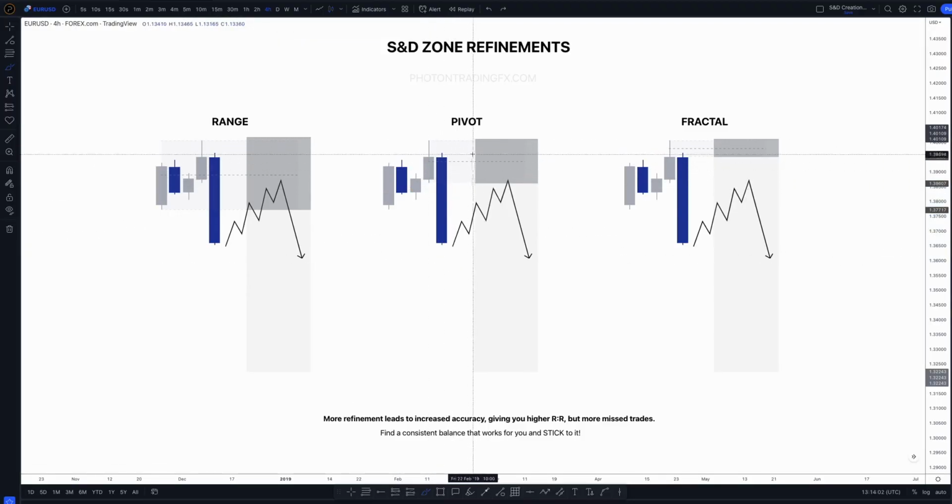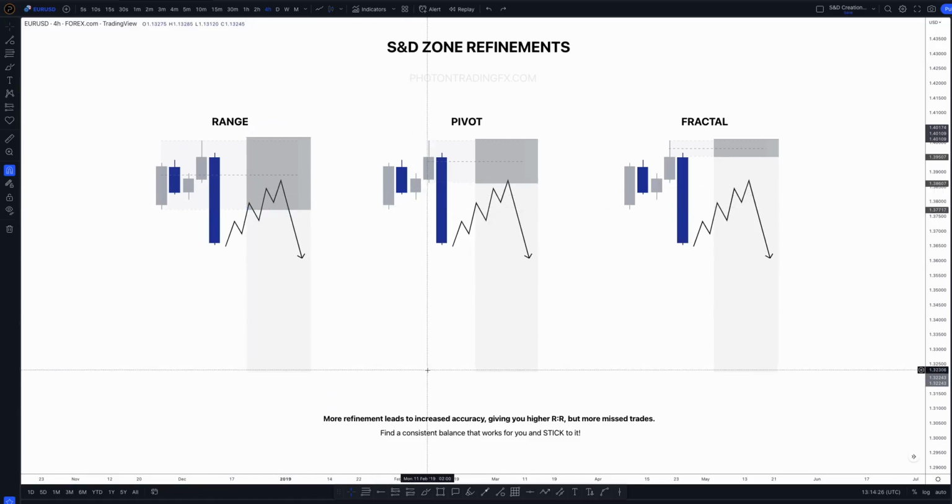And in this case, I've refined it to the single candle pivot zone. Now, this type of zone, how I've drawn it like this to the single candle, this is probably what 95 to 99% of the time I'm refining my zones to, and especially with my entries. At the time of recording, I like to enter on the single candle pivot zone, right? I don't like to refine it more than that, and I don't like to enter on big ranges